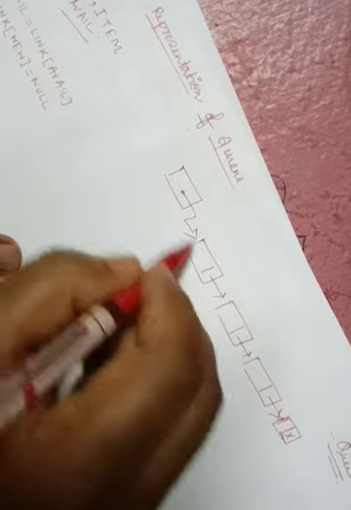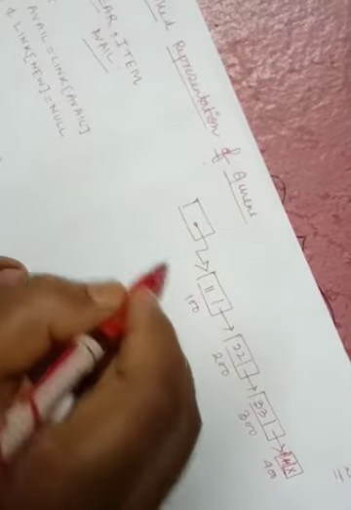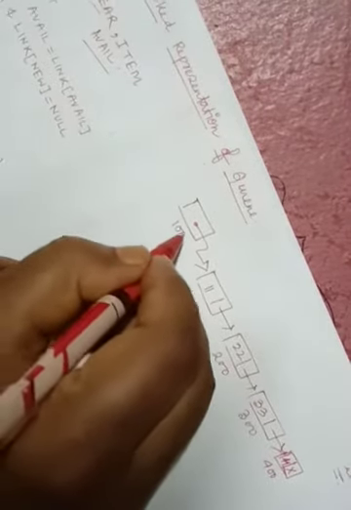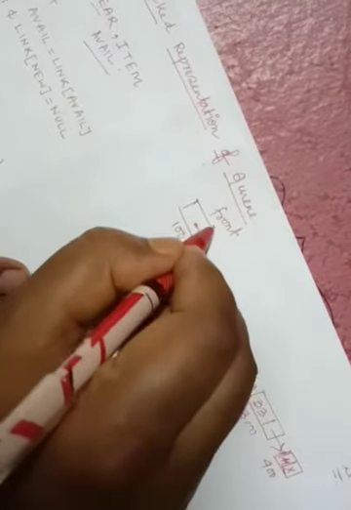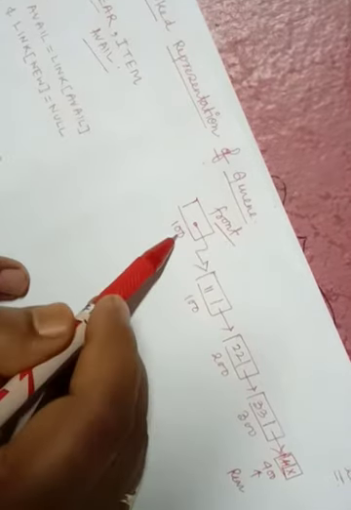Suppose this is the used queue or used list in the memory, and there are 4 nodes. These are the informations, these are the addresses, and this address denotes the front position of the queue, and this address denotes the rear position of the queue. So here the value of front is 100 and the rear is 400.